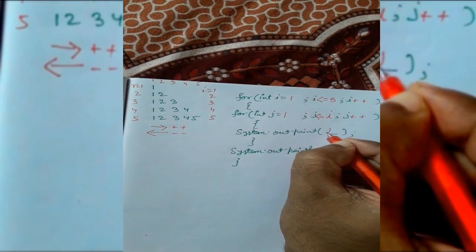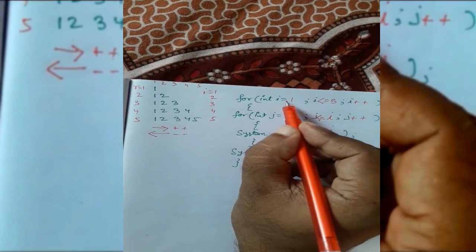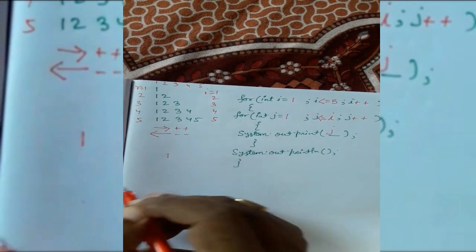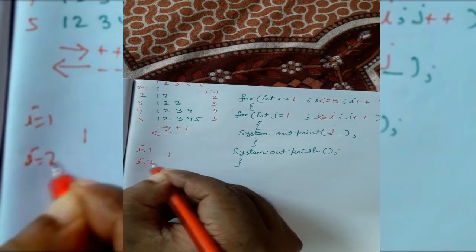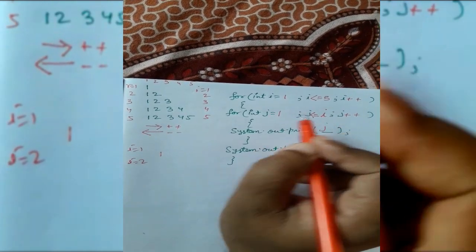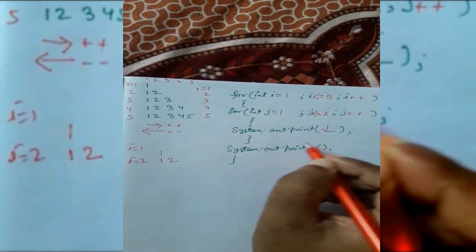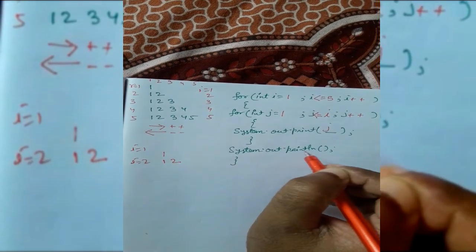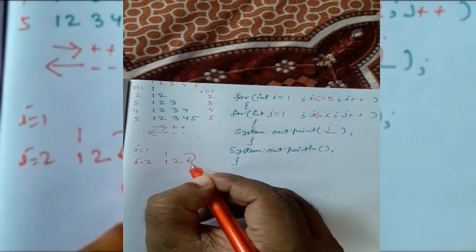We are printing j here. j is starting from 1 up to I, j plus plus. So when the value of I is 1, j will start from 1 up to 1, that is 1 time, it will print 1. When I is 2, j will start from 1 again up to 2, it will execute 2 times, so it will print 1 and 2. Why println? After printing this, it will come out from the inner loop, and here it will encounter this ln. Ln means new line, go to the next line.